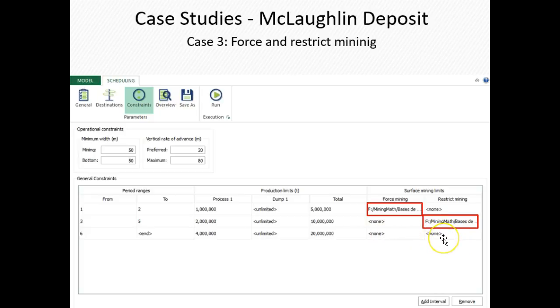So we are saying that we want that solution to be exactly like that, and the optimization will run respecting this new constraint and try to find a new solution that respects that.